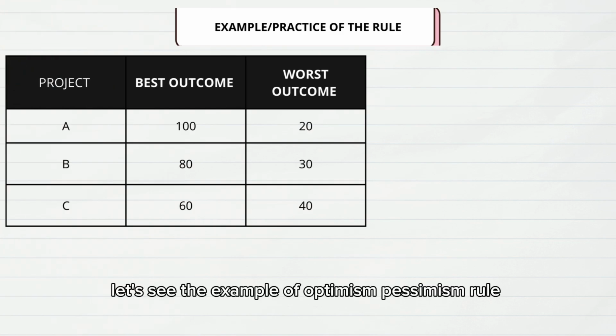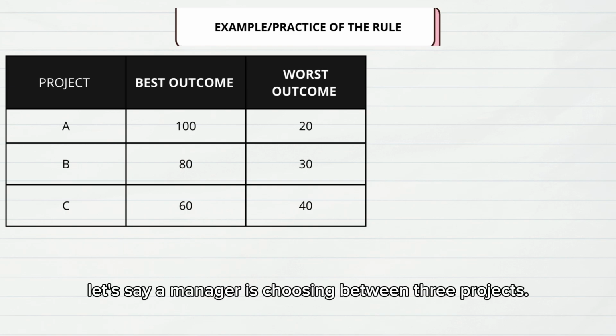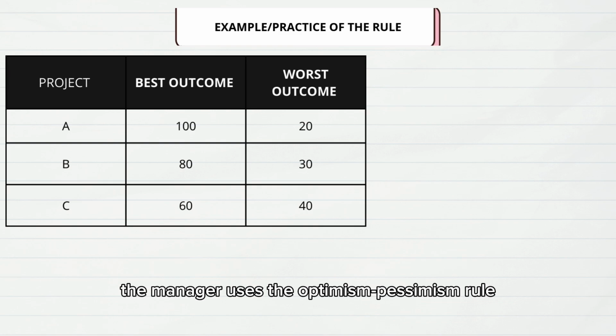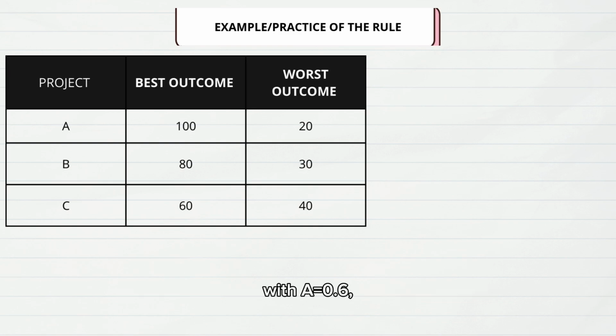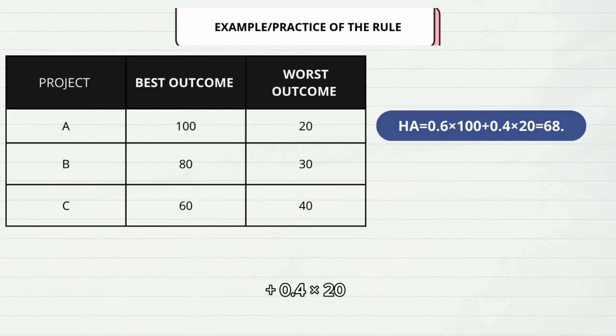Let's see an example of the optimism-pessimism rule in a real-life situation. Let's say the manager is choosing between 3 projects. The table shows the best and the worst payoffs for each project. To decide, the manager uses the optimism-pessimism rule with alpha equal to 0.6, leaning slightly optimistic. For project A, the score is calculated as alpha equal to 0.6 multiplied by 100 plus 0.4 multiplied by 20